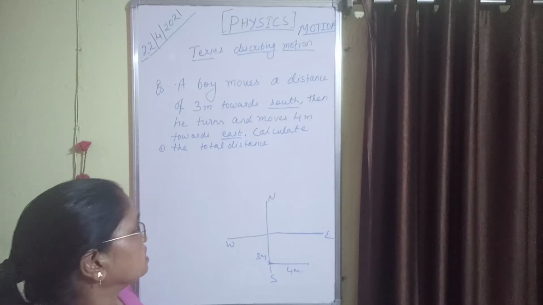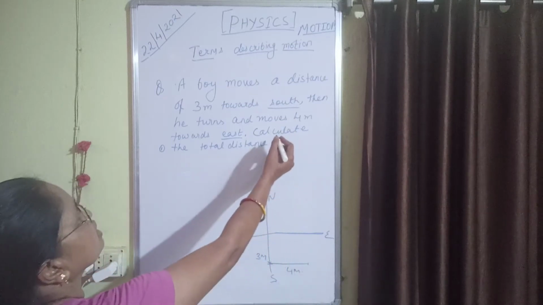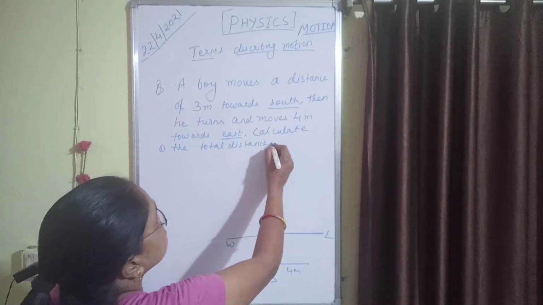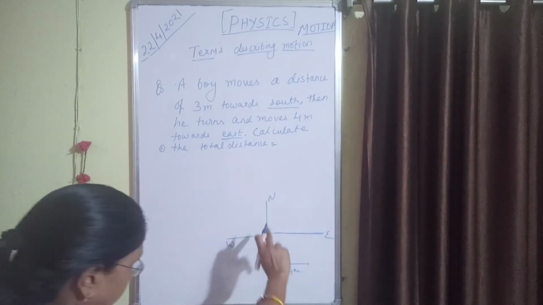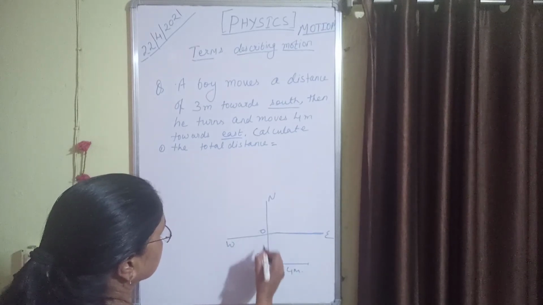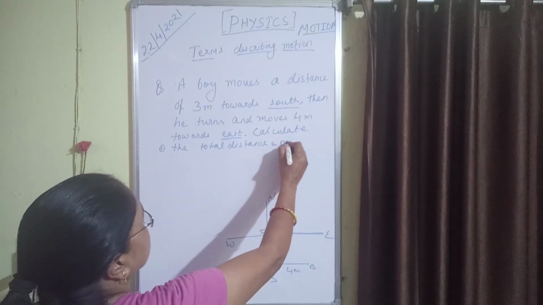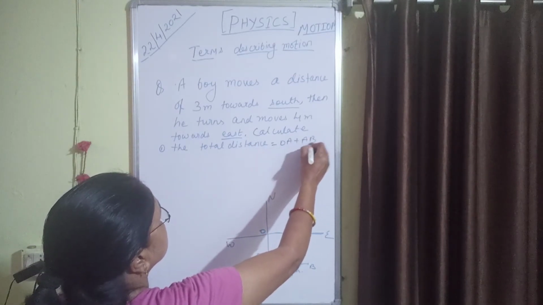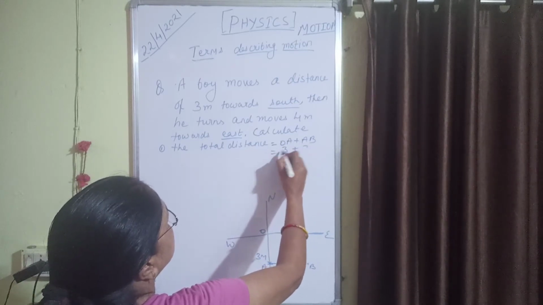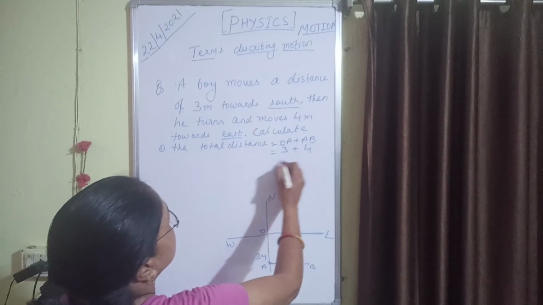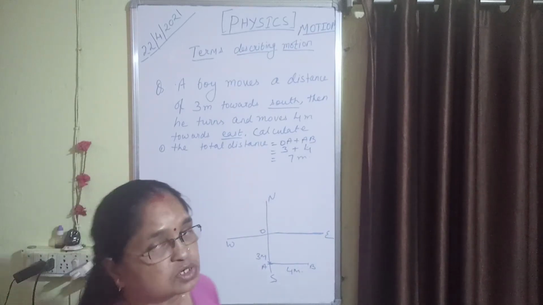This is the question. What we have to do in this question? We have to calculate. What we have to calculate? Calculate first the total distance. So students, distance calculate करना तो I think अब आपको बहुत easy लग रहा होगा. So if I give this naming, that is O, A and B. So how you will calculate? OA plus AB, that is 3 plus 4, that is 7 meter. आराम से निकल गया हमारा. We have got the total distance.